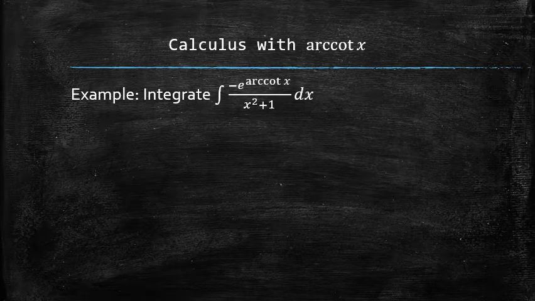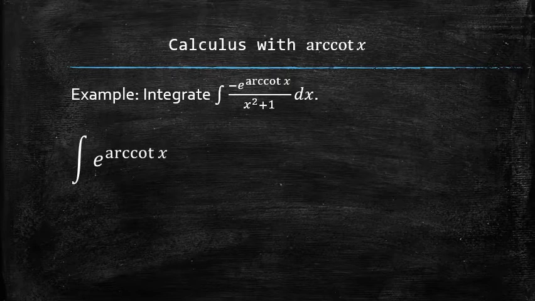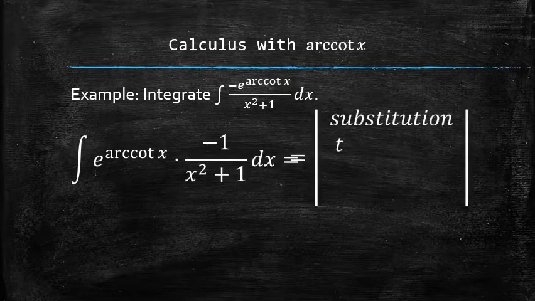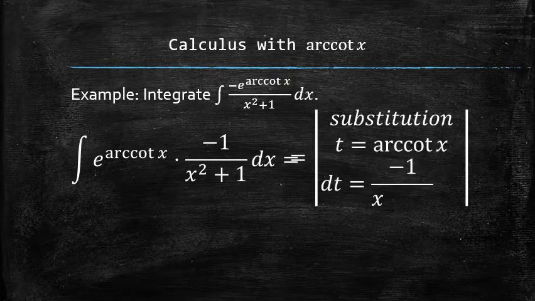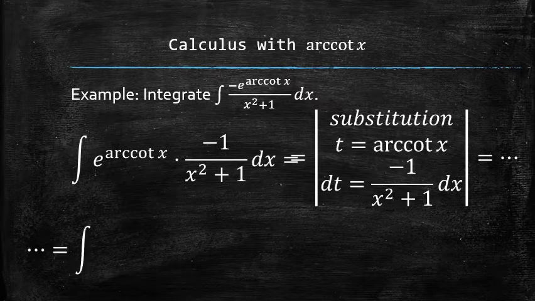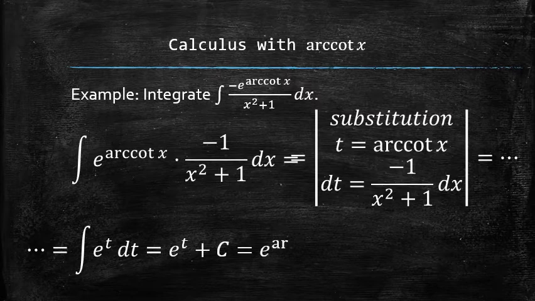We first recognize the pattern and rearrange the integrand. Then we set up the substitution by setting a new variable, let's say t, equal to the arc cotangent of x, and finding the differential of t. Next, we plug everything into the original integral and notice how, because of the discovered pattern, we have nothing but the function of t left in the integral. We finish the process by finding the antiderivative and plugging the original function arc cotangent back for t.